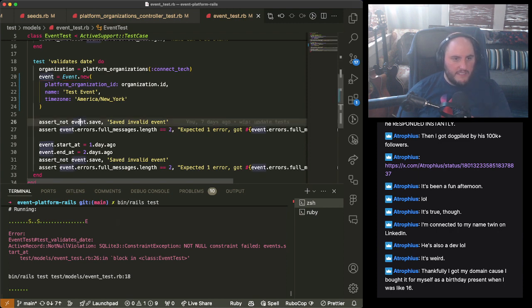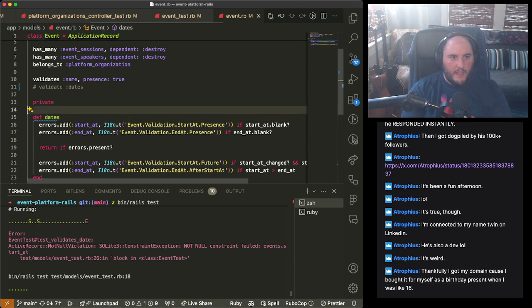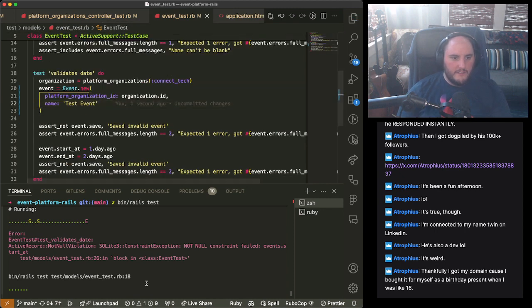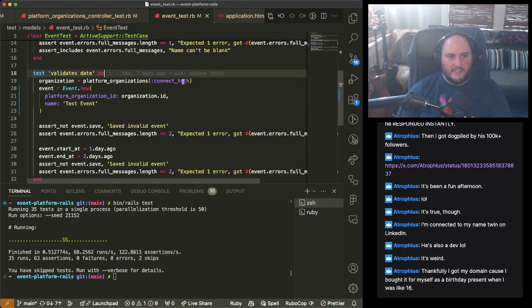Event test 26. Event save. Not null constraint failed. Event start at. Well, yeah, I agree with that. If I didn't just foobar the whole thing. Haha. Okay, we're better. Now our tests are happy.